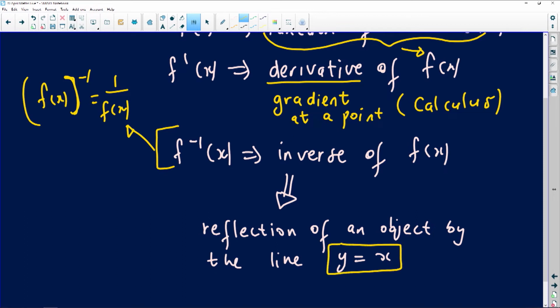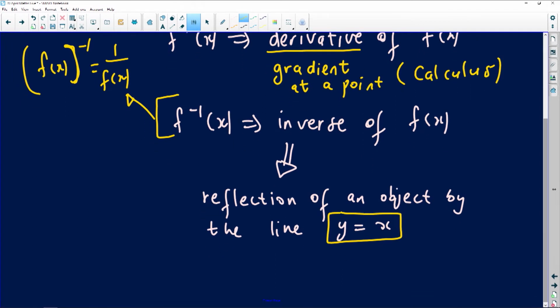Even when we ask you to sketch a graph and its inverse on the same set of axes, you will need to show us that line of reflection. It means that each object is the mirror image of its inverse, where the mirror line is the line y equals x. Right. Now, when you're reflecting stuff by the line y equals x, like we've already said,